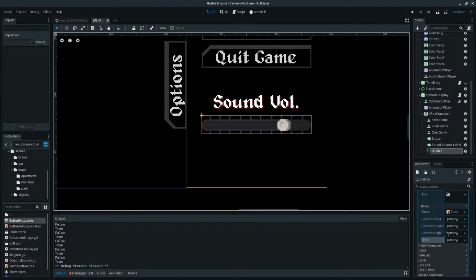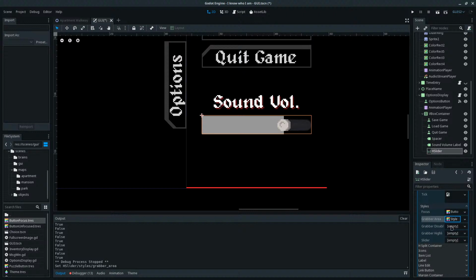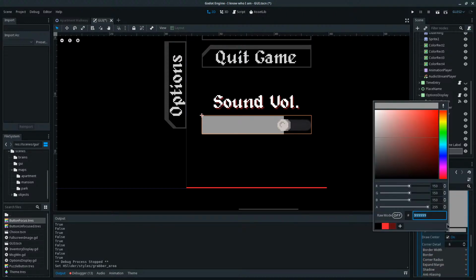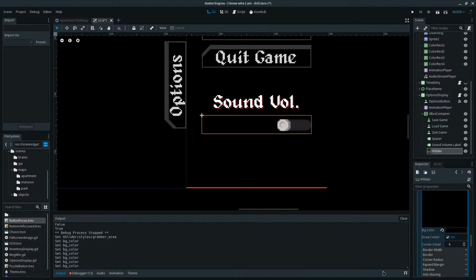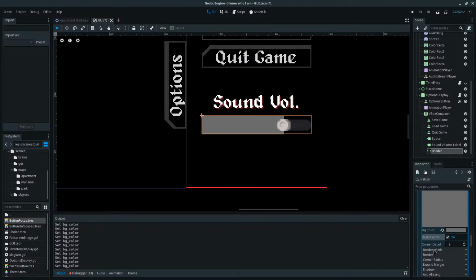Let's see. Oh, I guess that's the grabber area. Okay. Yeah. Cool. Okay, so we want the background color to just be black, I guess. Well, I guess we could do something like this.